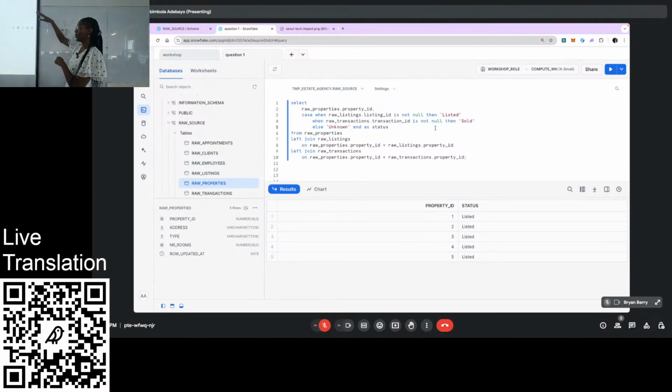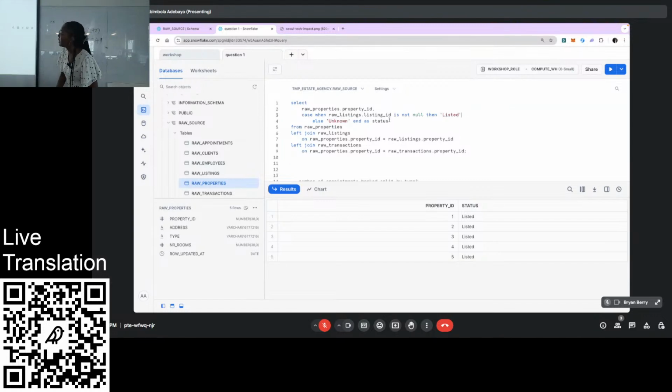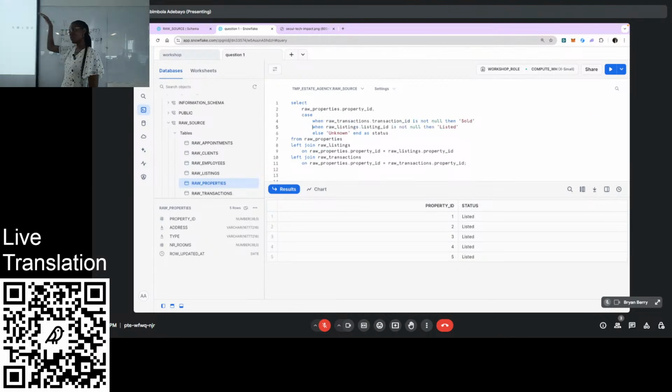So you need to make sure the waterfall order you have is from the least likely thing to happen down to the most likely thing to happen. In this case, we want to start with, okay, is the property currently at status sold? If it's not sold, has it been listed? If it's not been listed, etc., etc. Because of time, I'm not going to spend too much time going through all the other conditions,